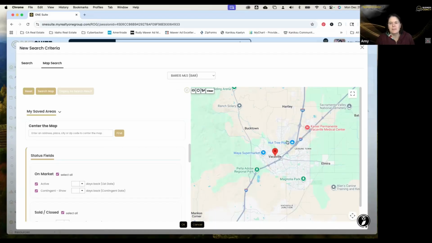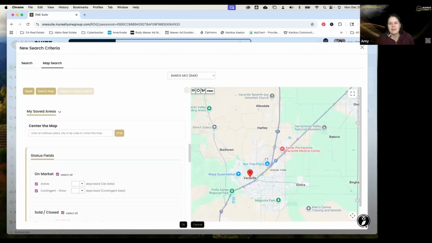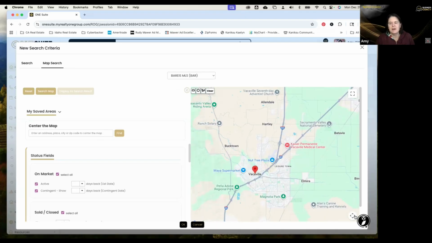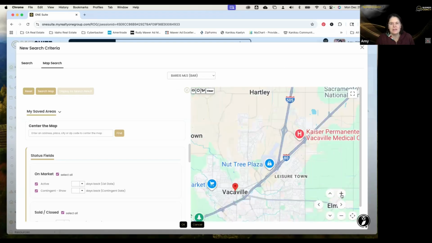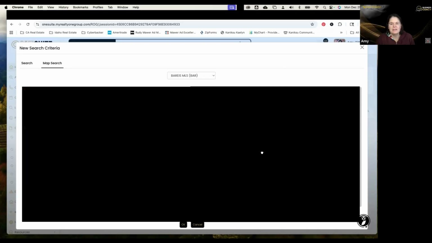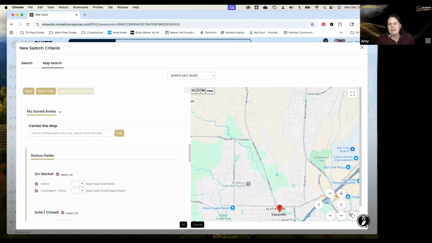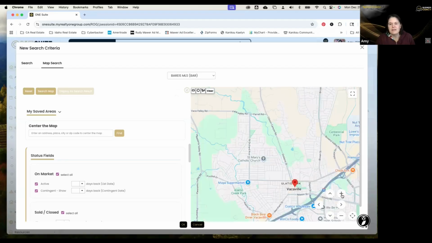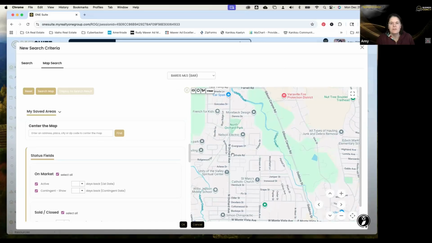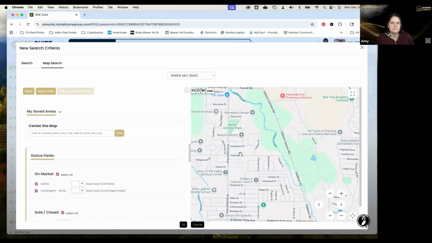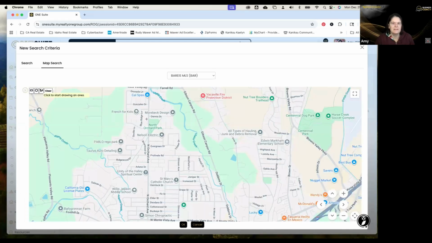If we want to toggle the map, we can click and drag that map around. And down here in the bottom right-hand corner, there's a little directional thing that allows us to zoom in really easily. I said I was going to do the Orchard Park area here in Vacaville. So there's our North Orchard Park. I'm going to click up here at the top of the map, the same buttons that we have on BARIES, where we can click to draw a polygon. So I'm just going to come in here,